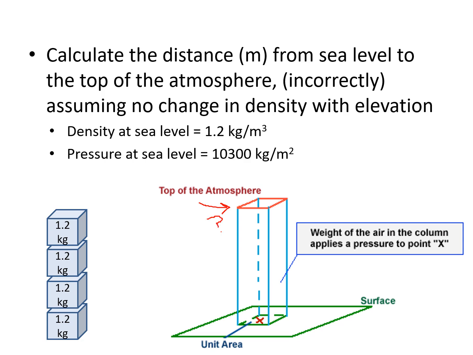If we sort of know what the weight of all the atmosphere is pressing down on us, and we know what the density of the air is. So we're going to take this fact here that the density of air at sea level is 1.2 kilograms per meter cubed. And then we want to figure out basically how many cubes of atmosphere would we have to stack up to get to the top of the atmosphere and a resultant sea level pressure of 1,300 kilograms per meter cubed. So we would just do a little bit of algebra here and figure out,